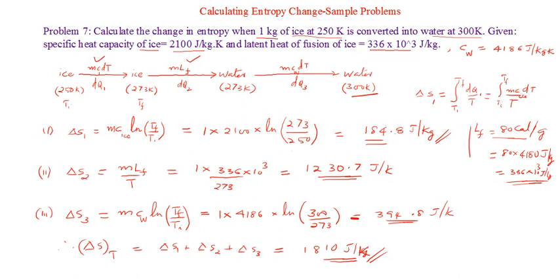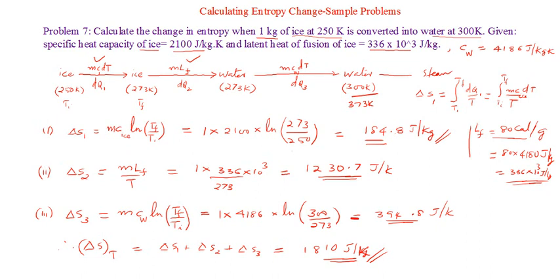So that was a comprehensive problem, and this is a very common kind of problem that you may come across in usual examinations. In some rare cases, it may get extended. How can it be extended? Instead of saying converted into water at 300 Kelvin, you may give steam. So you will have to extend it. The problem will change, so you have to add one more stage: 273 Kelvin to 373 Kelvin, that is water. Then from water to steam, you will have to take up